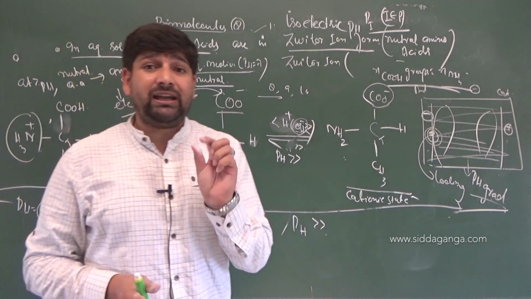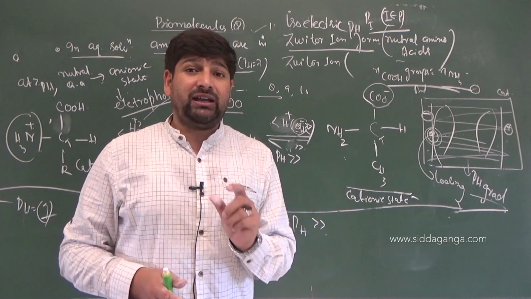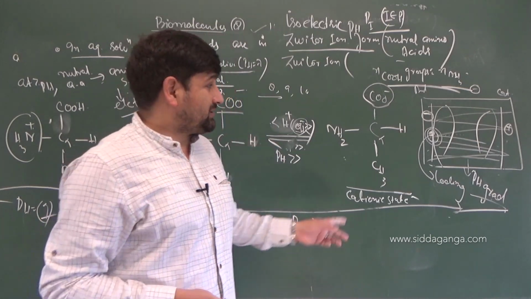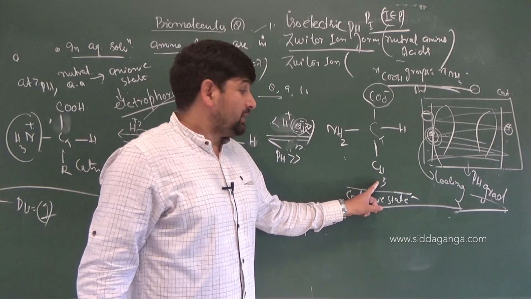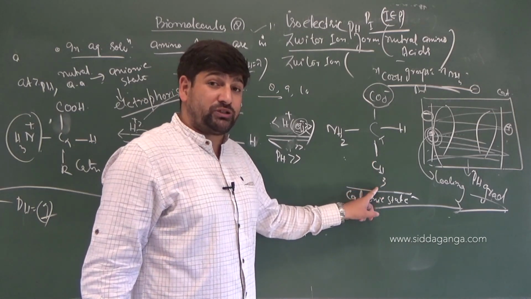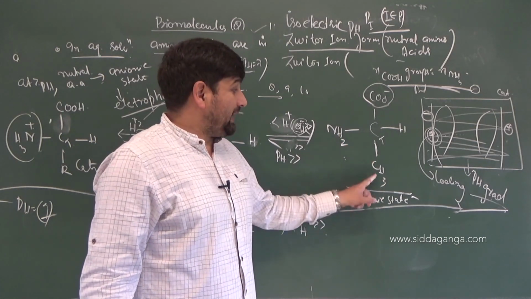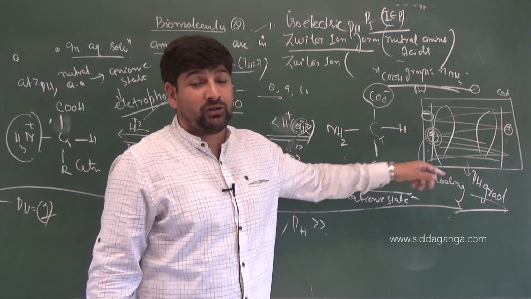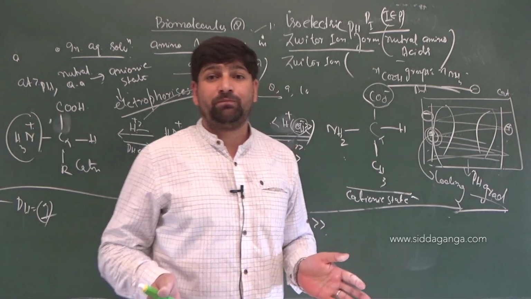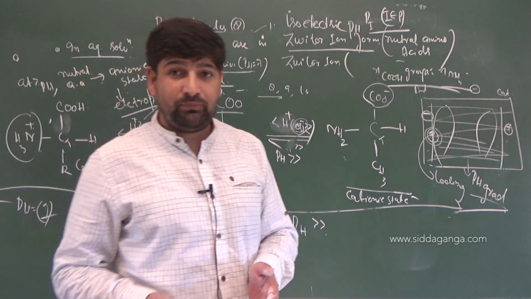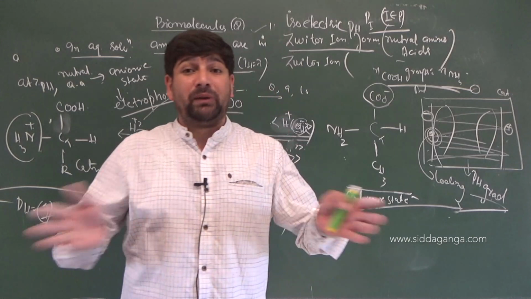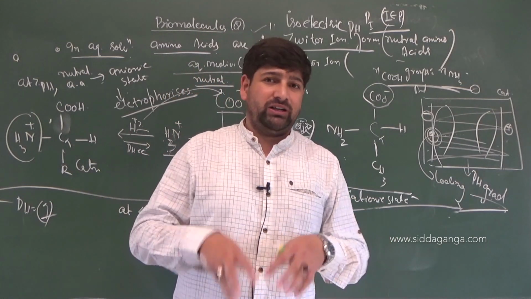And every amino acid, keep it in mind, has a varying pI, and that is understood why, because every amino acid will have a side chain made up of different groups itself, right or not? So behavior by the side chain with the altered pH will also be different. So different amino acids will have different pIs, isoelectric pH. It is this property that is made use of to separate and purify amino acids as well.